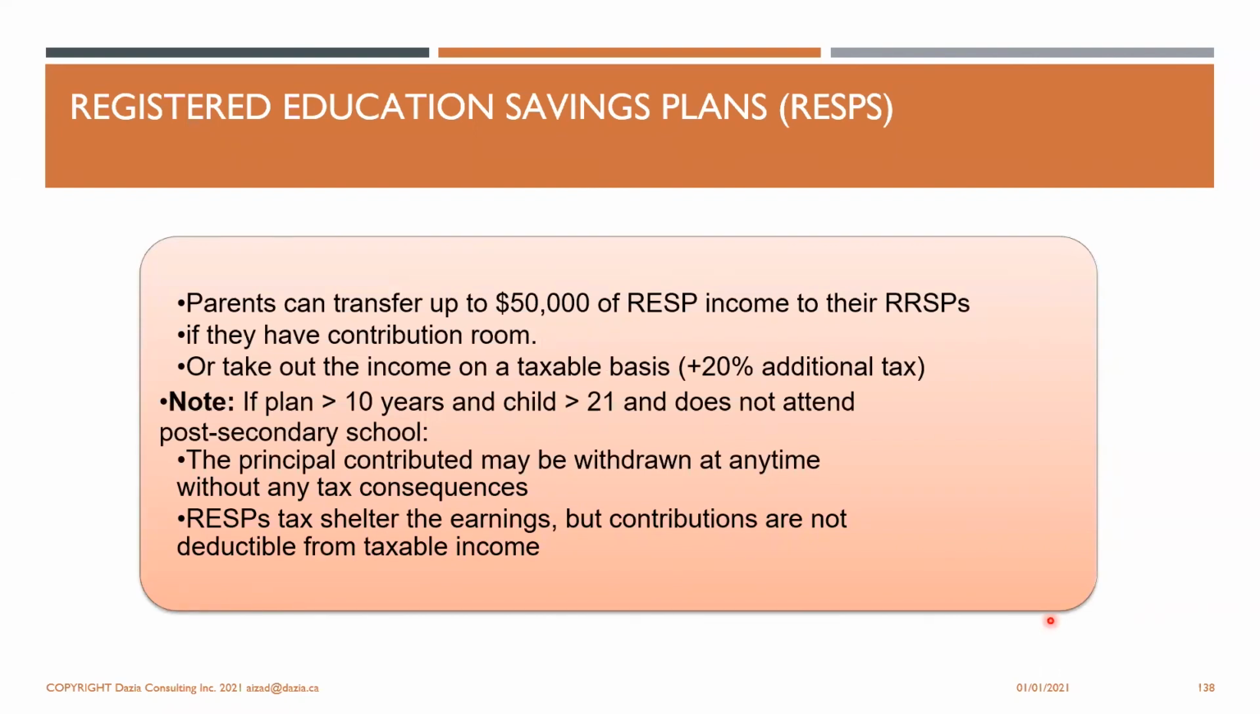So parents can transfer. If the child does not go to college or university, parents can transfer their contribution to an RRSP up to $50,000. But that again, if they have room in the RRSP, or they can take out the income and it will be taxed plus 20% additional tax. So if the plan is more than 10 years old and the child is older than 21 and they do not go to college or university,